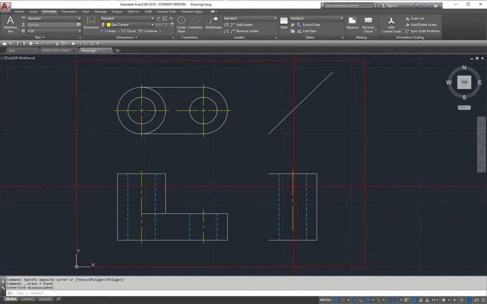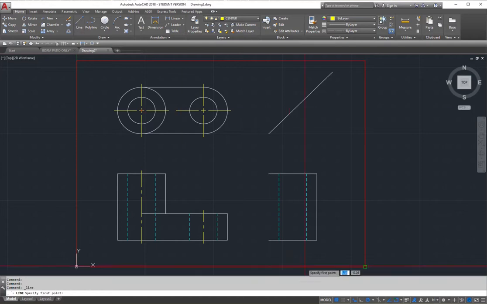I can go say, you know what, let me delete those lines, and I'm going to simply draw one line right here. And you see what happens when you make mistakes. I made the mistake of making this line 2 parts, and I also right now made the mistake of not changing to the correct layer. But I know that if I use my match properties command right here, I can very quickly go and say that to that right there. Okay, so I get that, and now I can actually go and say, well,